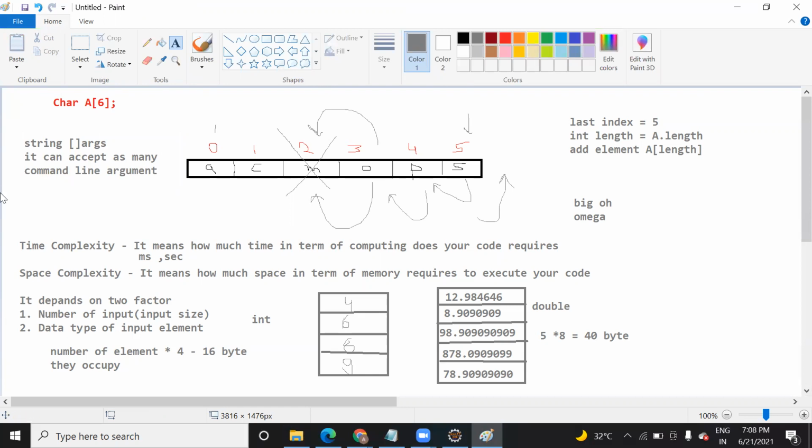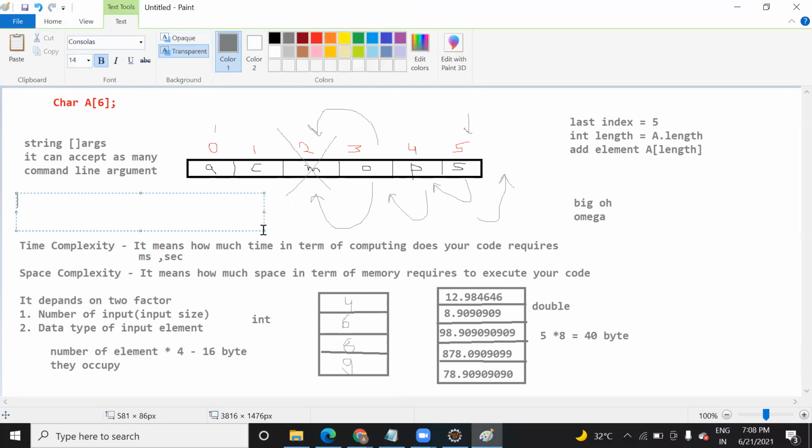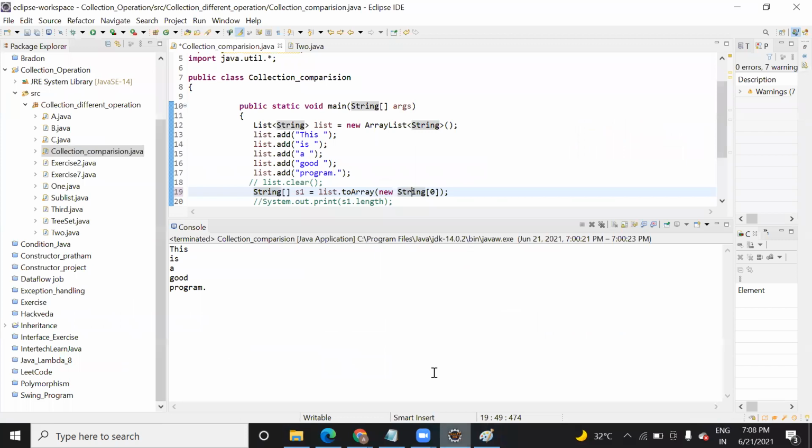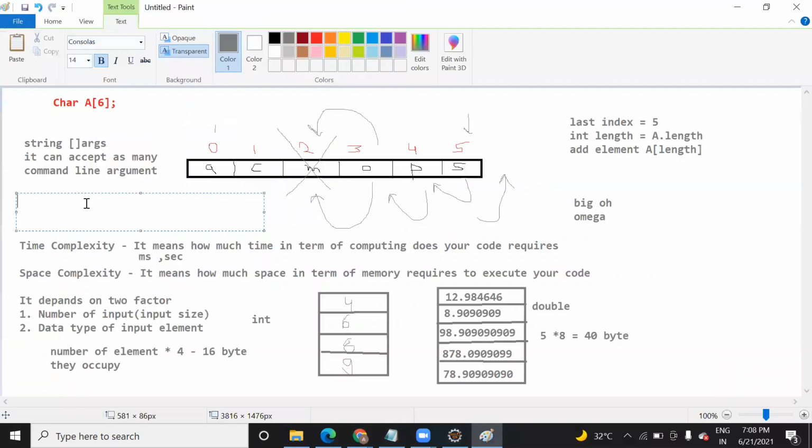But when you are working on such a thing as we are doing here, we already know that this list is already holding the elements.